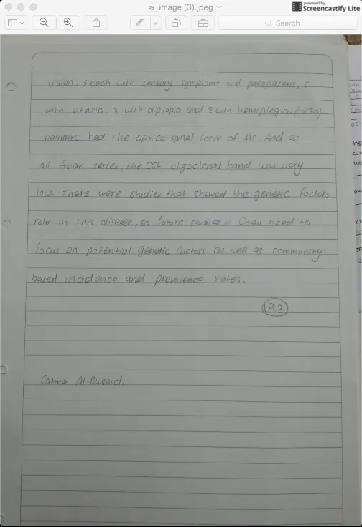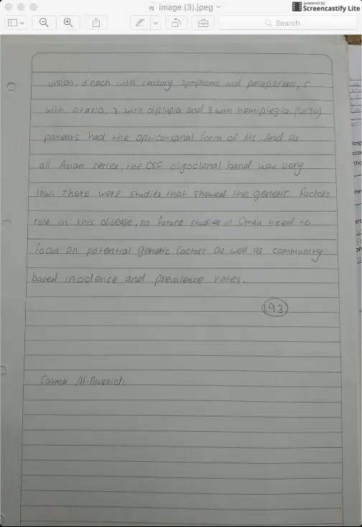Also, duration of this disease. Okay, this isn't actually part of the clinical features, right? But that's okay. You do have some room to play with, so this is one of those things that's a bit optional, but it really doesn't belong here, to be completely honest. But you probably wouldn't lose marks for this because you're under the word count.